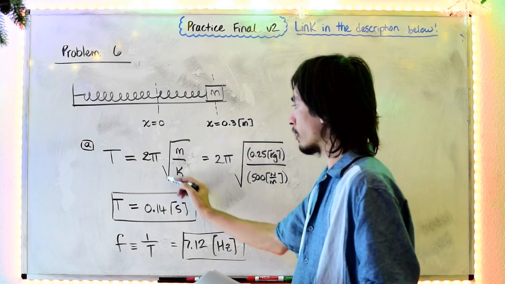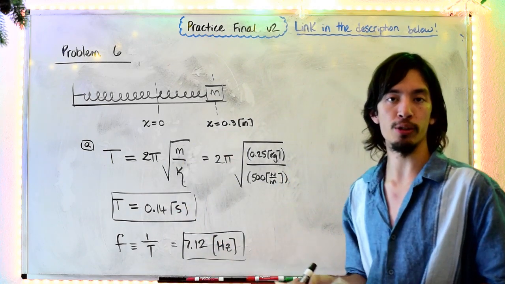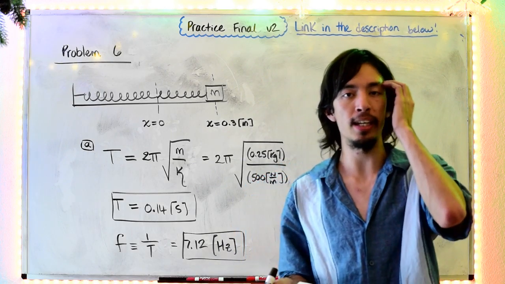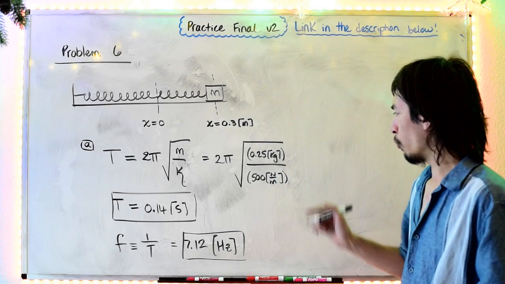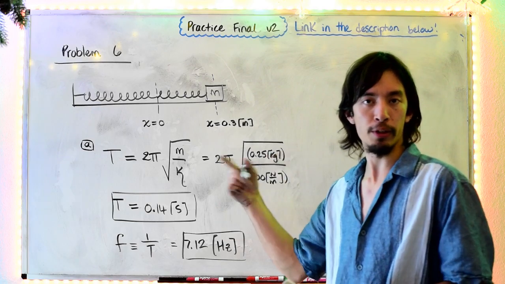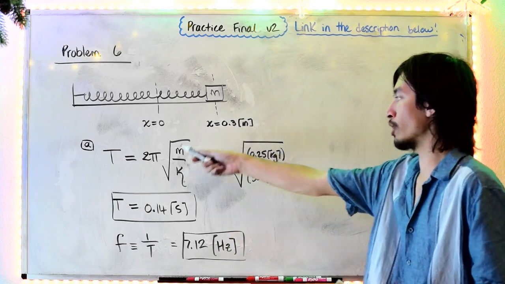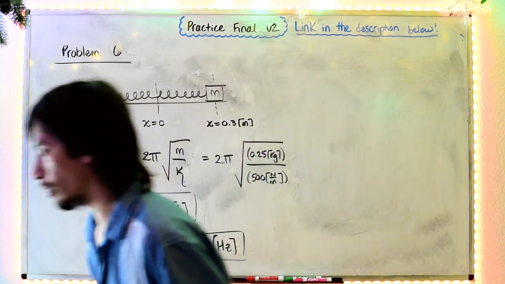This factor here, the square root of m over k, or k over m, depending on your situation, is also omega for the system, the angular frequency, as we would call it. So we're going to be using omega repeatedly, so keep that in mind when you're doing these, is that this is just related to omega. Now, the latter parts of the question,